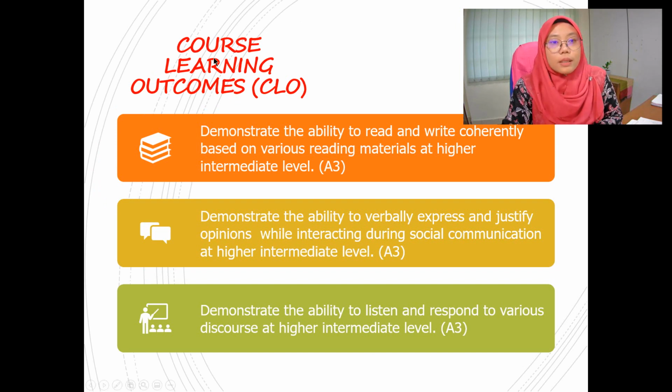First, let's take a look at the learning outcome. So there are 3 learning outcomes for this course. The first one is to demonstrate the ability to read and write coherently based on various reading materials at higher intermediate level. Number 2, to demonstrate the ability to verbally express and justify opinions while interacting during social communication at higher intermediate level. And then number 3, to demonstrate the ability to listen and to respond to various discourse